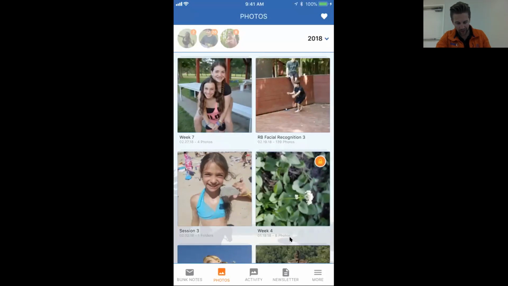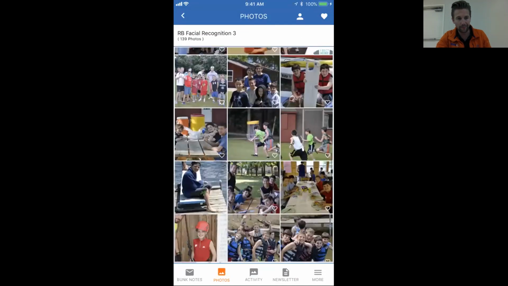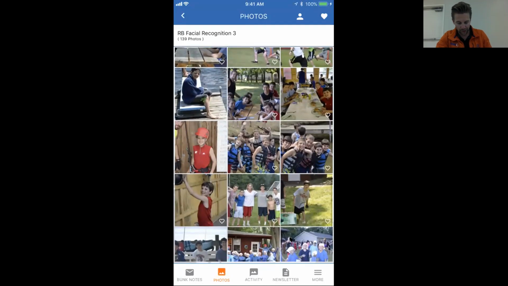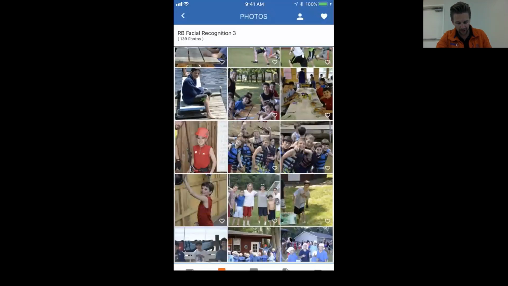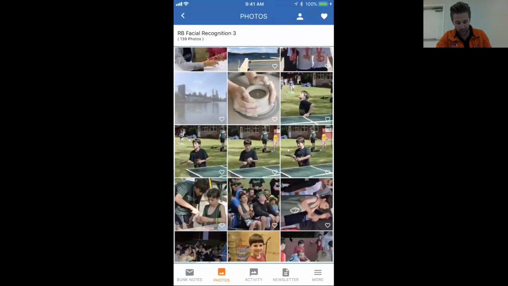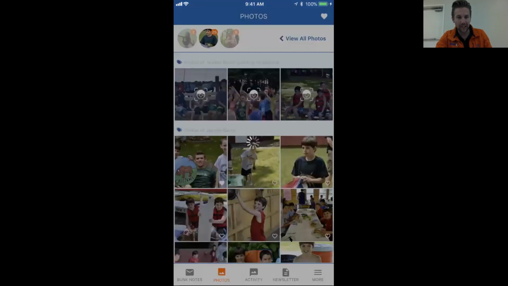Photos here, they can scroll through. This is the same parent account that we were just logged into on the desktop version. So you can see, you can scroll through here, share, do whatever you need to. You can also see at the top, we have these 3 profile pictures, and these photos of my children. They're not actually my children, they're my friends' children, but we will click on one of these here